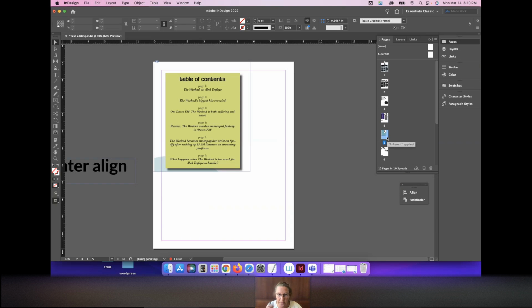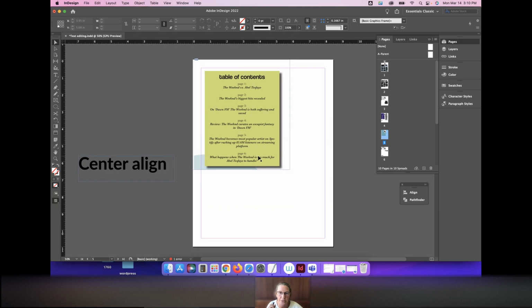So here's an example where we've got some center aligning, and this is for a table of contents. So I'm going to put this question out to you guys. What could we better do in this circumstance for this table of contents? We've got an orphan,